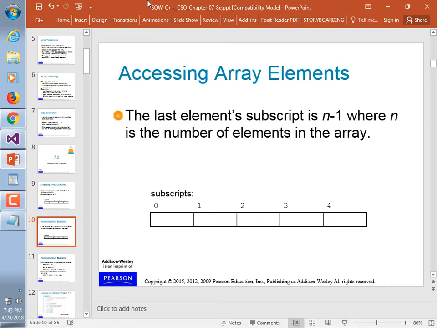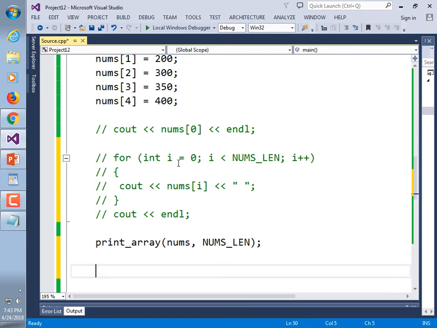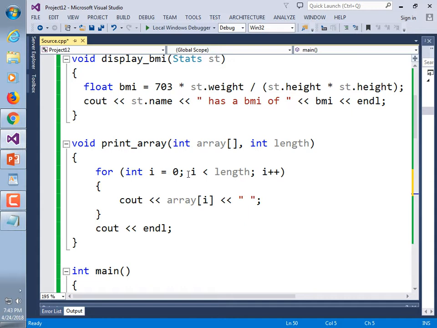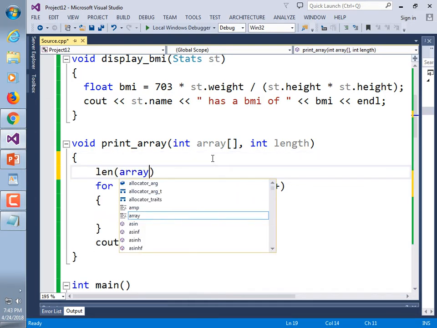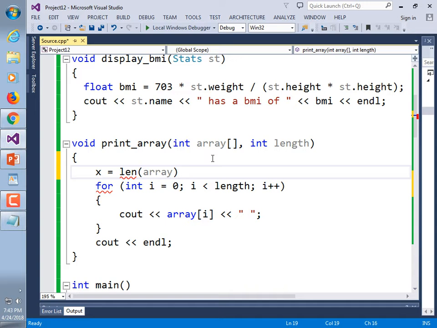Oh, one thing to note. Python sure is nice, right? Because it'll tell you the length of the array if you want. All you have to do is x is equal to the length of the array. Great, now I know the length of the array. Or for i in range, length of the array. There's no such nicety